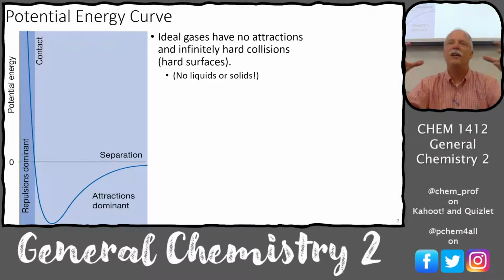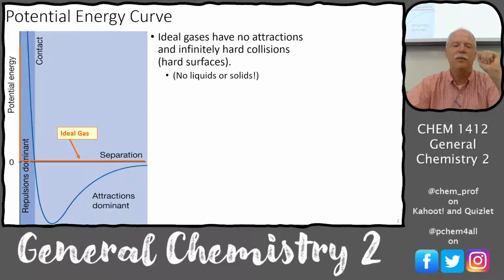Because if you think about it, if you had two gas molecules and they hit and stuck to each other, now you have one gas molecule. And that's condensation. And then a third hits it and it sticks. And so now you've gone from 3 moles of gas down to 1. And eventually those congregate, make droplets, then you have condensation. So an ideal gas will not have a liquid or a solid. It's a gas. Okay, there's no way it would have a liquid or a solid because it has this kind